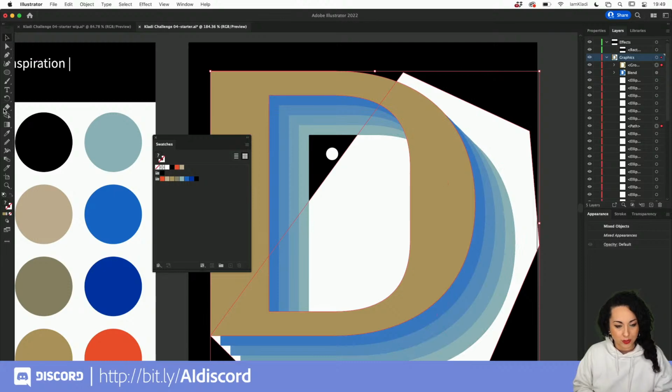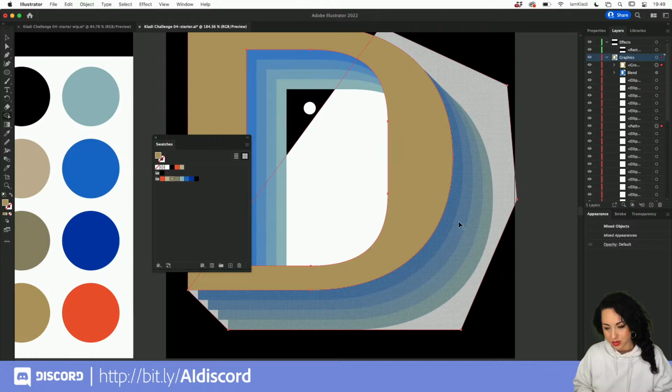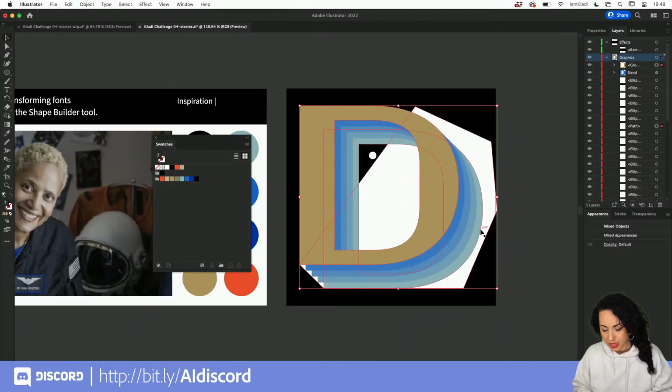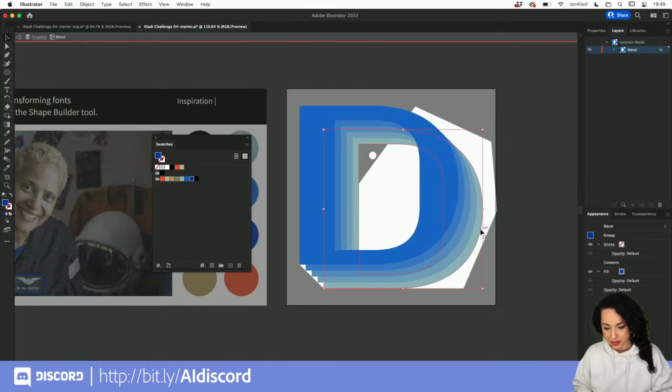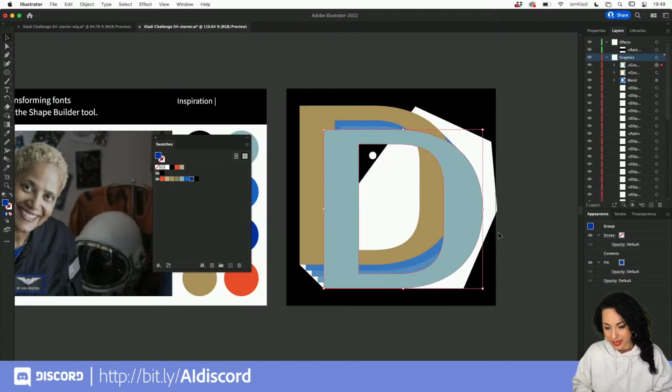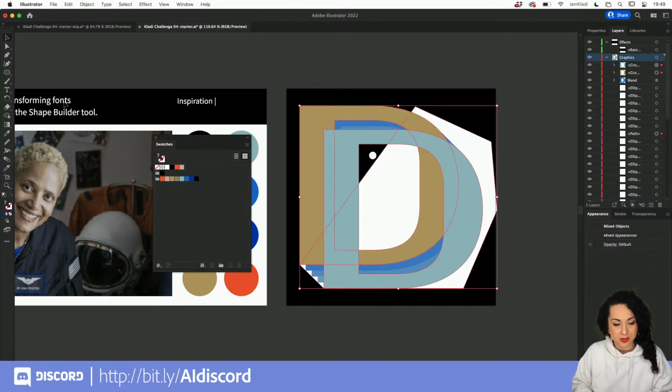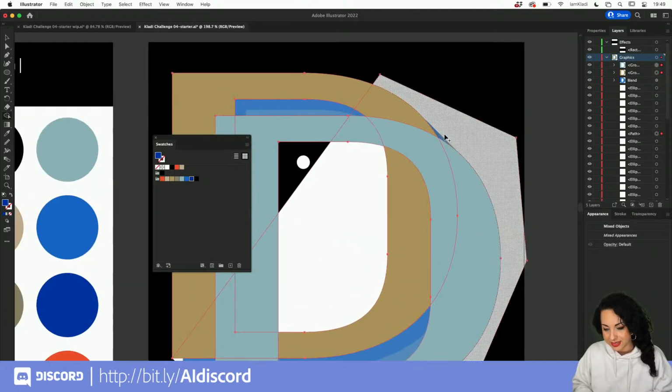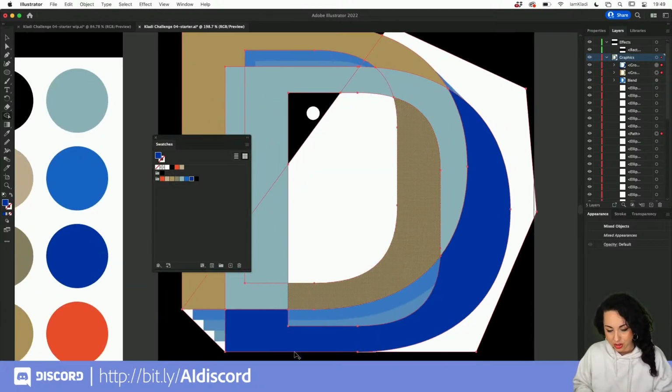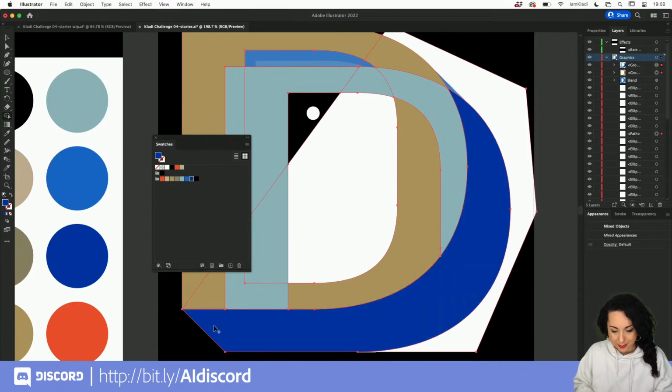And now with the lovely Shape Builder tool, we can go ahead and select areas of the image that we wish to select. And actually, I'm going to go ahead here and select the bottom layer as well. We need the bottom as well. So double click again to enter the isolation mode, Command C, and then Command F to paste. It doesn't matter the order. All we need is just to have the shapes back together, so we can use the Shape Builder tool in order to create this 3D effect, this shape that is over here and overlaps